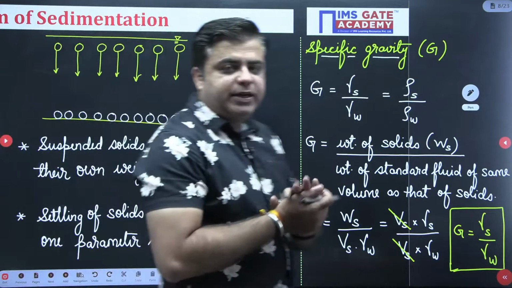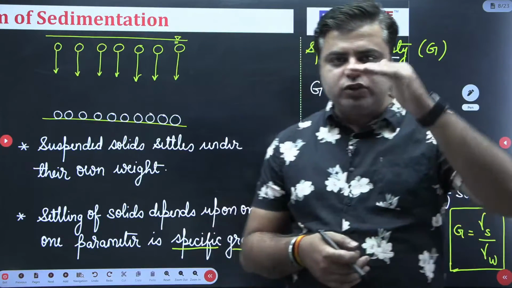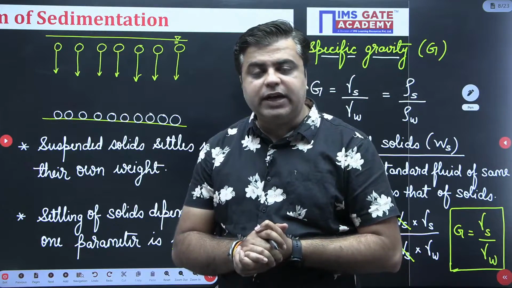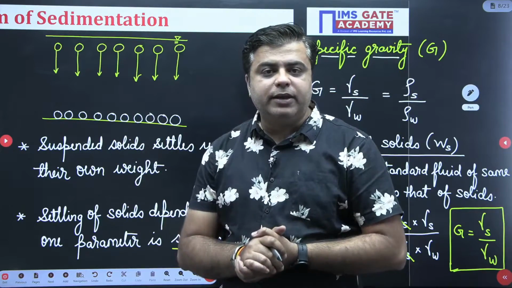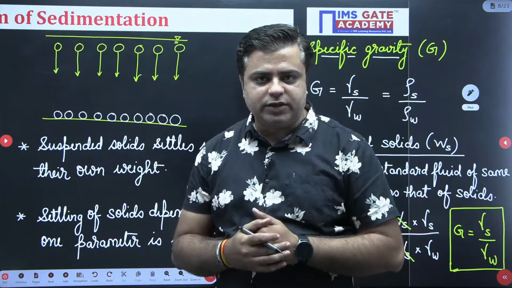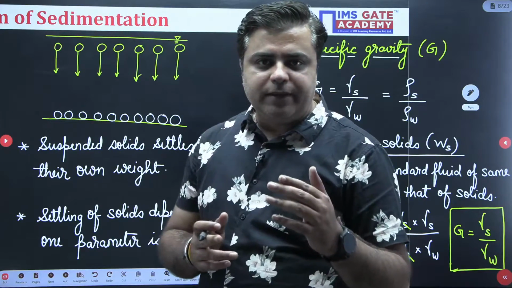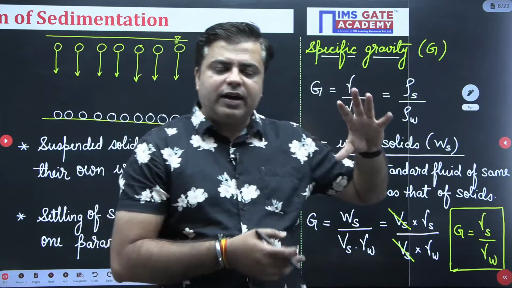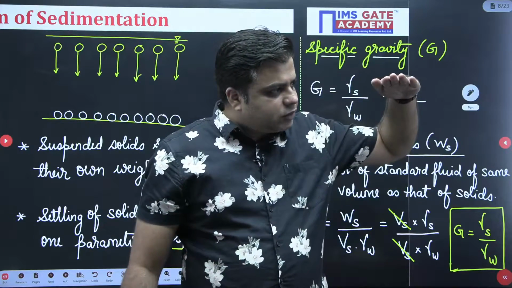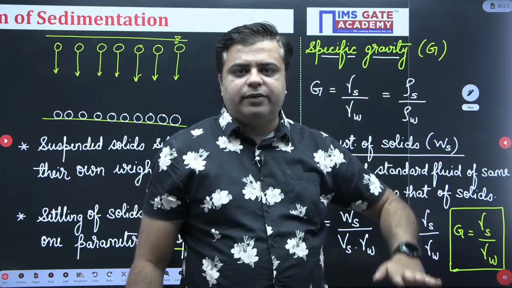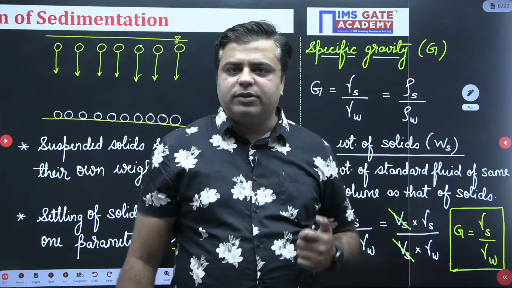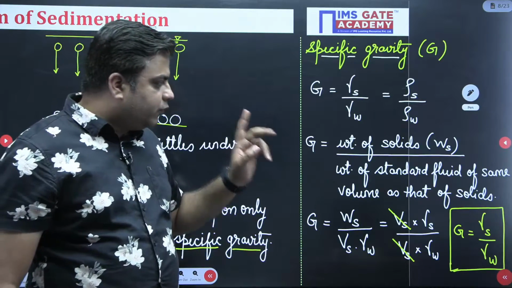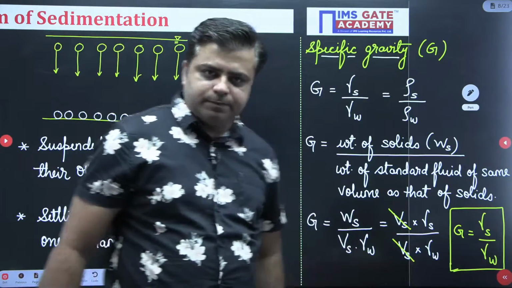So if there are suspended solids, they are going to settle under their own weight. And for settling of this solid, no cost is involved. That's why it is one of the most economical methods of treating the water for suspended solids. You have to just leave this water for some time, or you need to just create the flow to be laminar. And in this laminar flow where hardly any turbulence is there, the solids are going to settle very swiftly, and they will be removed very easily from the system. This entire theory of settling of solids will depend on one parameter, that is your specific gravity G.